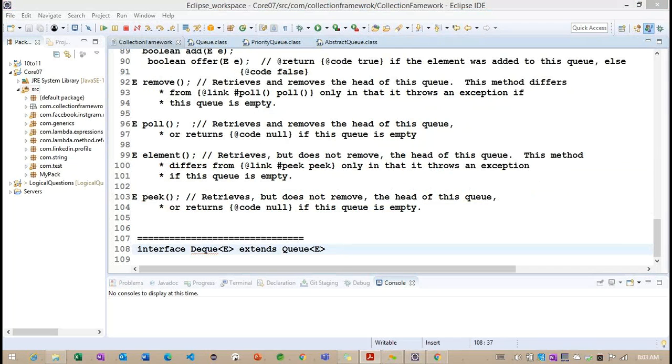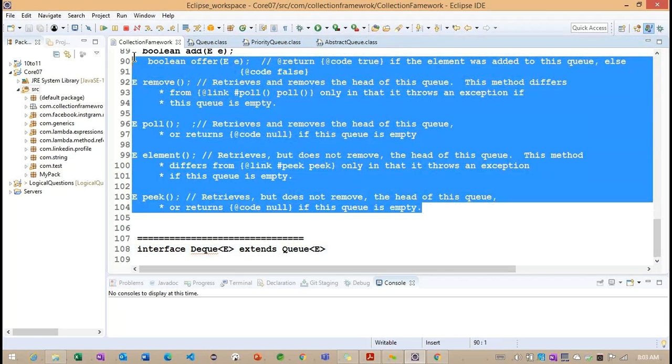This Deque interface is extending from which interface? Again, the Queue interface. Whenever it is extending, these are the methods we can access in the Deque interface.